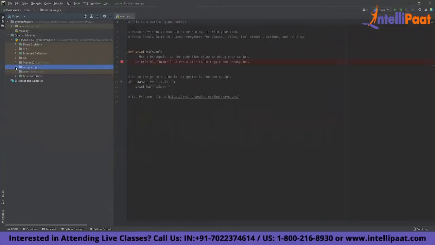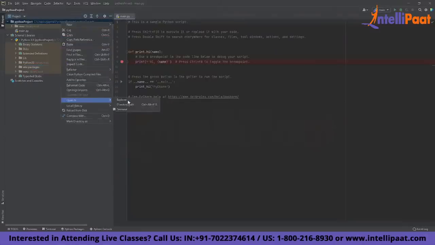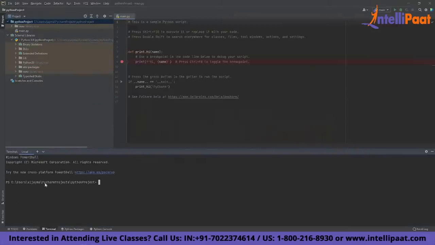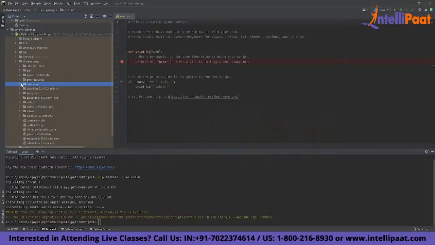But for installing it here, do we need to download and then install? No. Right click on your project, open in terminal. This will launch the terminal here itself. Then you can call pip install -U selenium. That is enough. It will check for the latest version of Selenium, and it will automatically get installed over here. Similarly, any